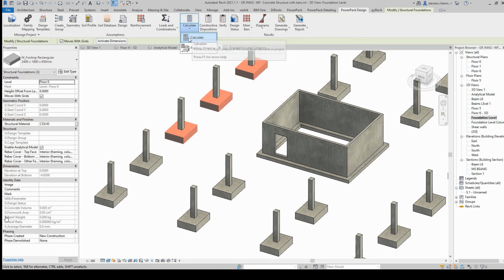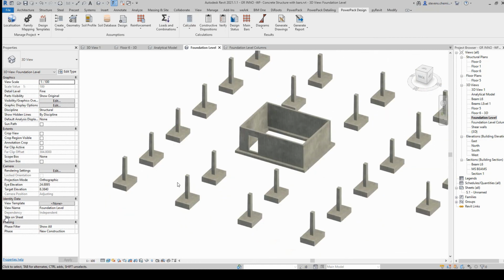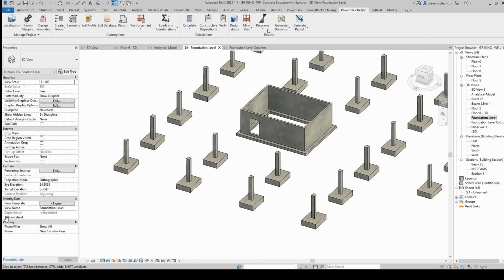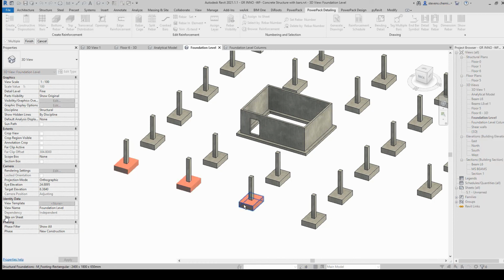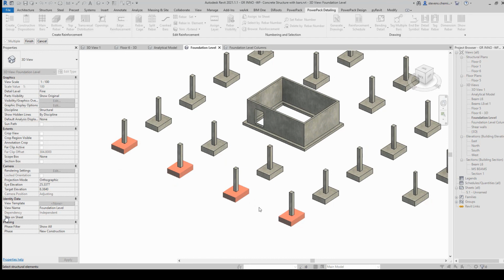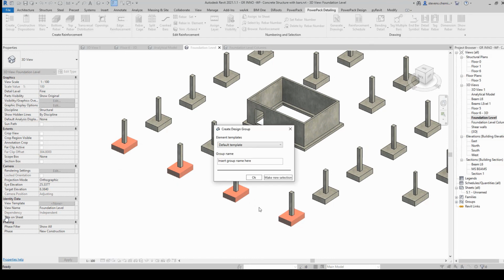So we have here a notion of groups, which is not the same notion as groups in Revit, but it will help to standardize rebar cage generation on several objects. For example, here you see if I'm selecting those 4 isolated footings and I group them, I can name these groups.